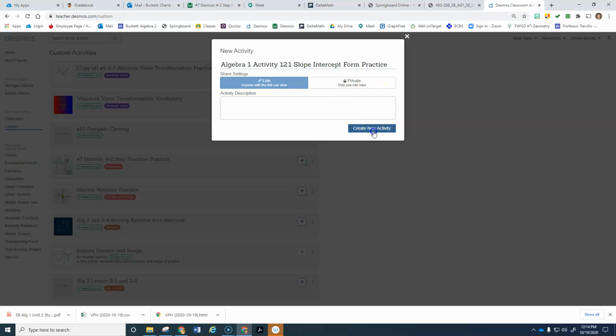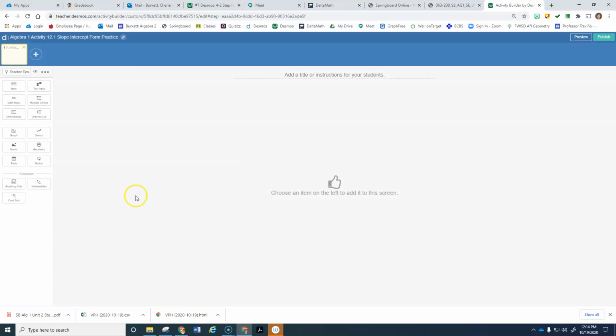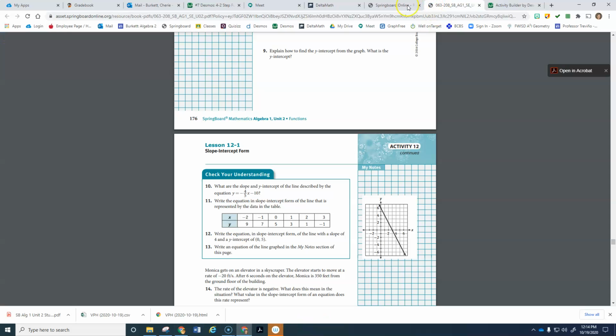Okay, so I create the new activity, I named it, and then add as many slides to it as you want. If you don't know how many slides you want at first, then just work with the first one. These are all the different things that you can do for a slide. What I plan on doing is